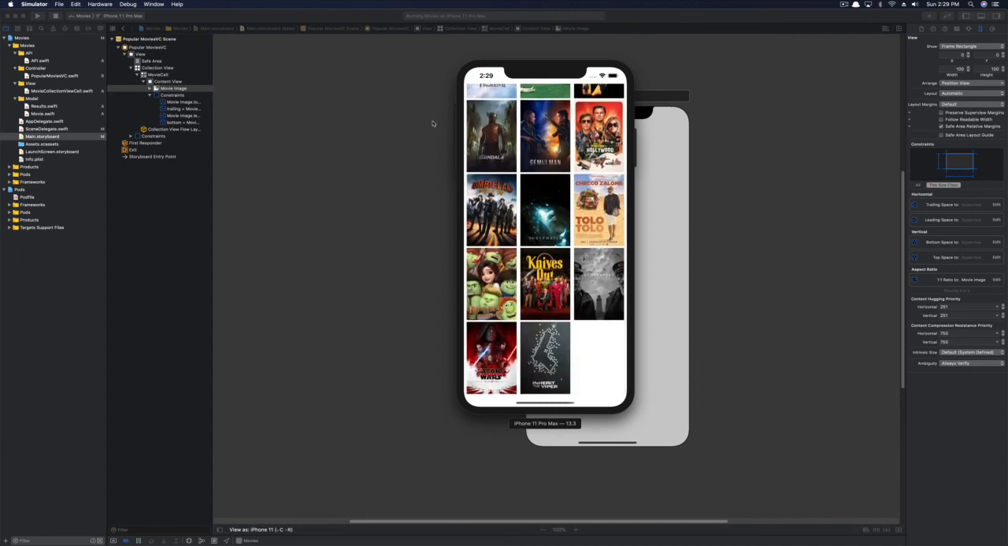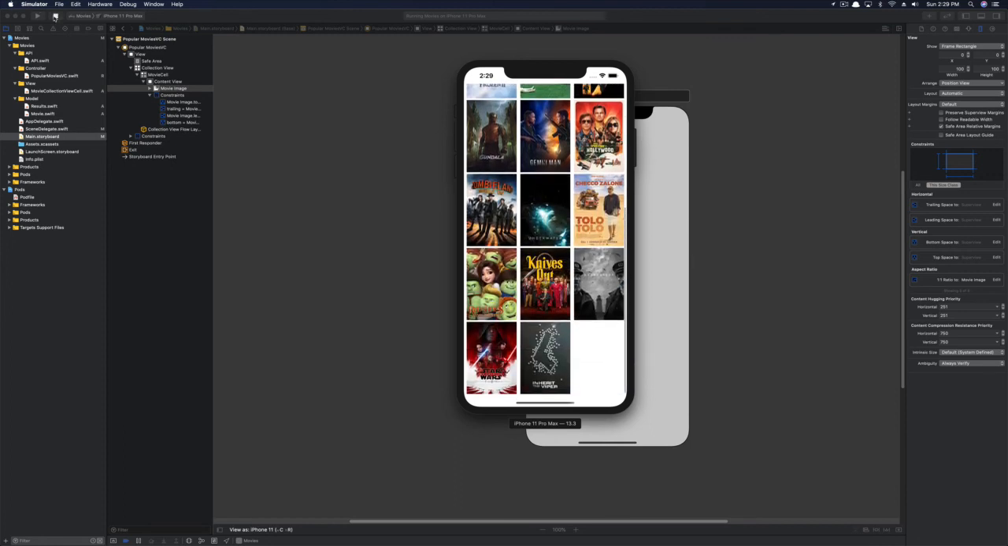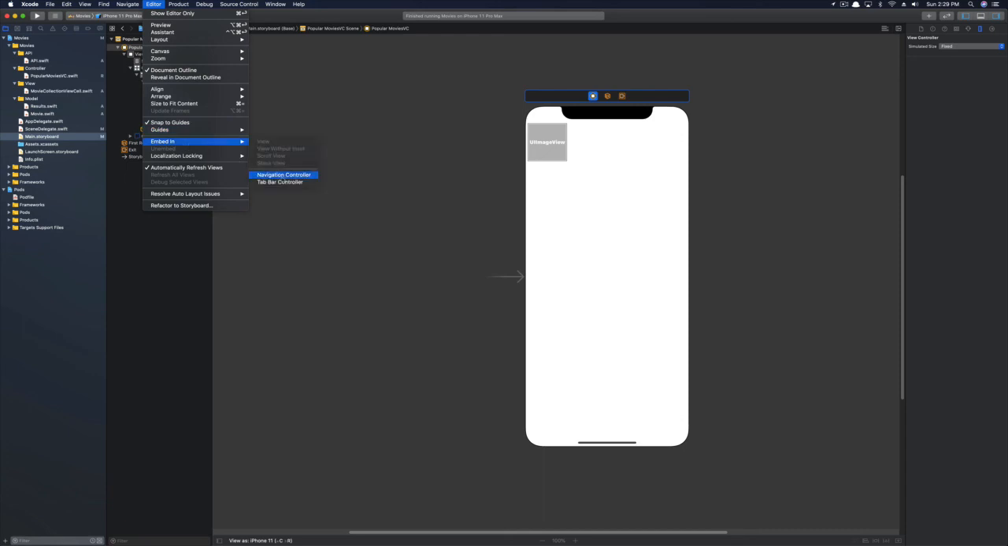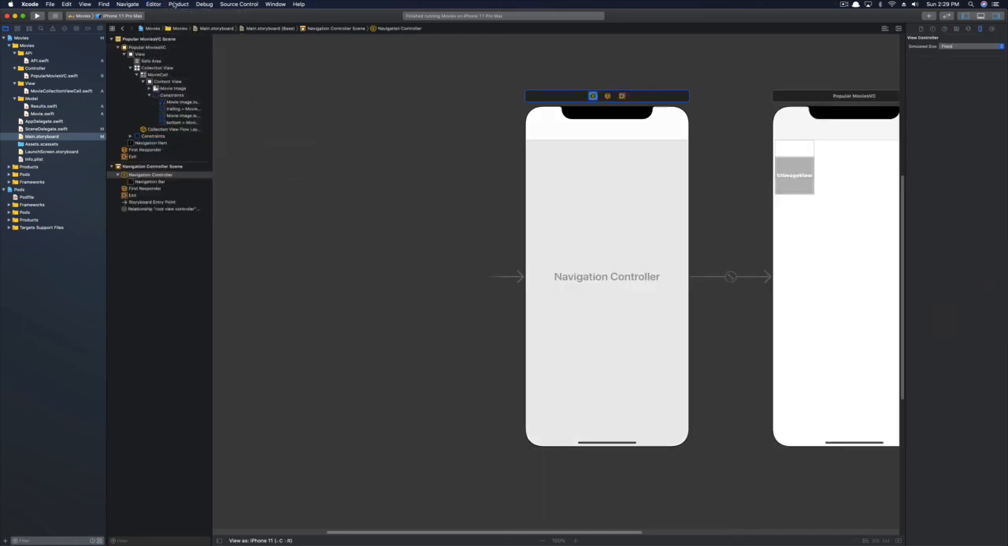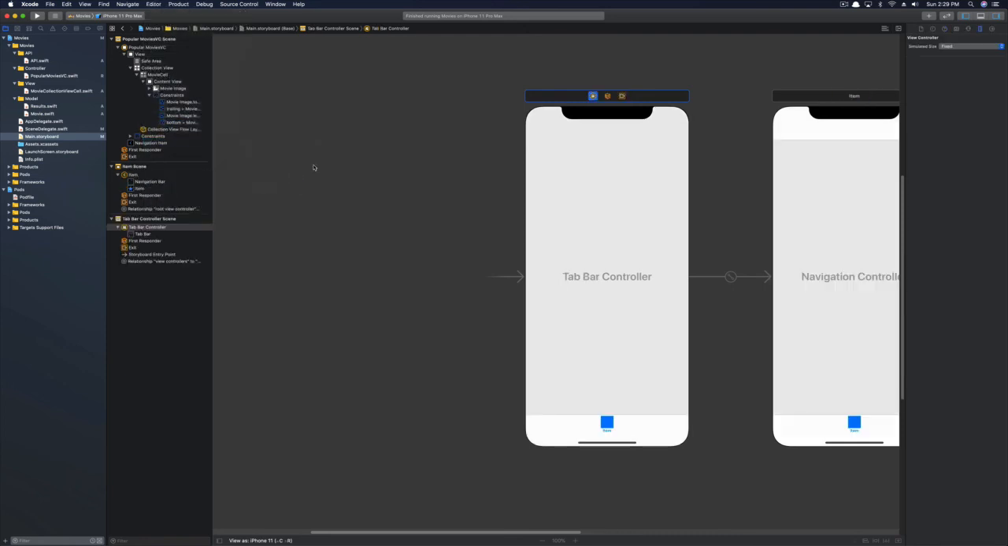So again, we're gonna make 4 of these slides. So this is the first one. So let me just quickly do this. I'm gonna go to the editor, embed in navigation controller, and then I'm gonna go back. I'm gonna say embed that into a tab bar controller. So this tab item is popular movies. So if I run it again,